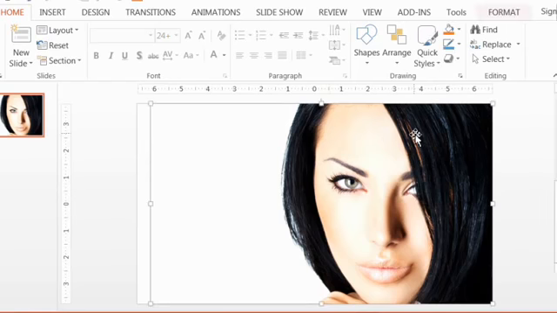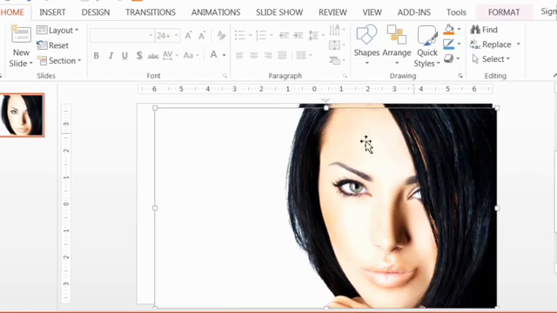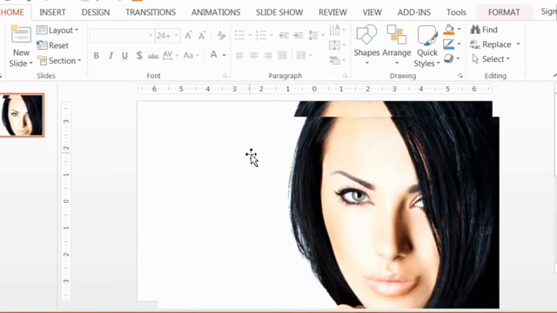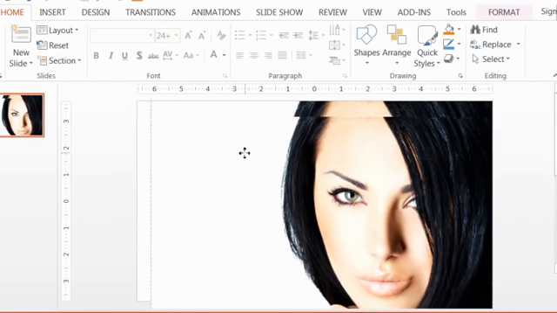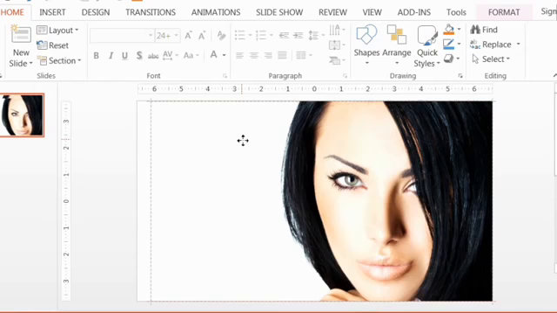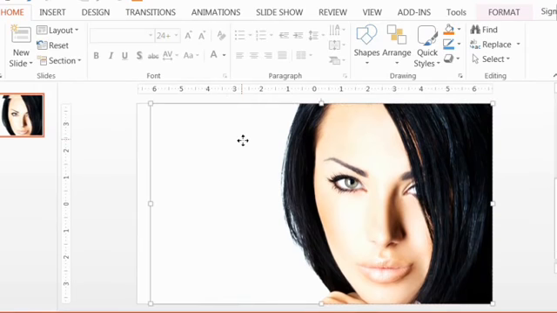So what we do is we now duplicate the image by hitting Control D, or Control C and Control V, essentially copy and paste if you're on a PC. So now we put the second image exactly on top of the first image. So we line them up exactly like that. And now we